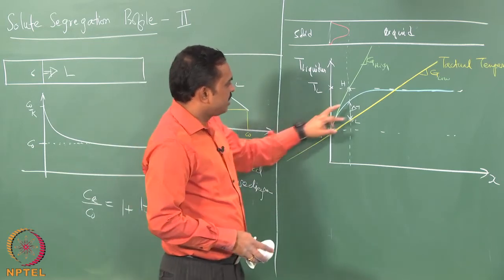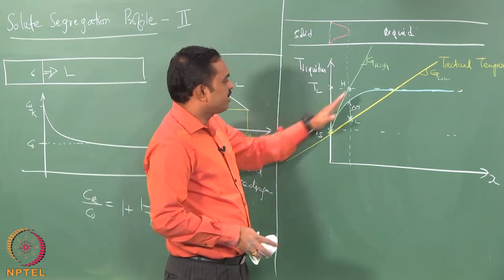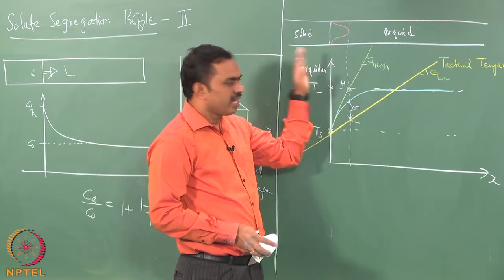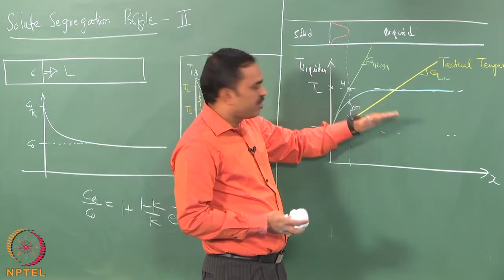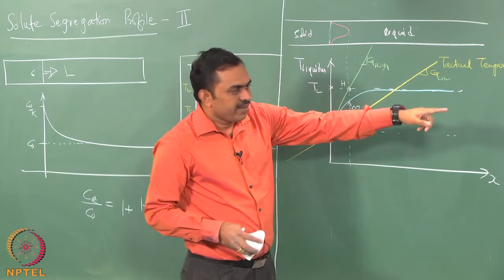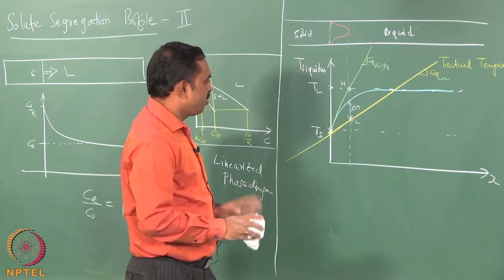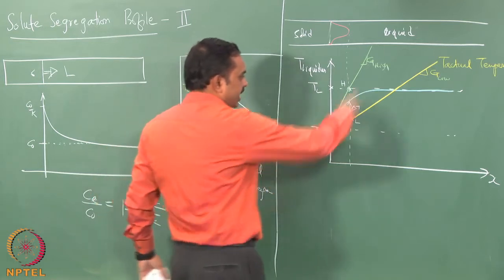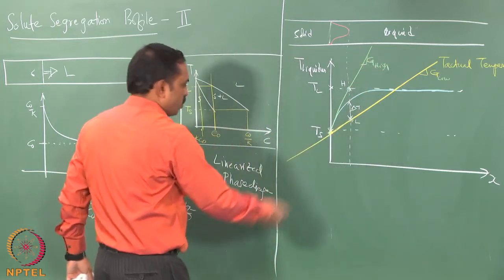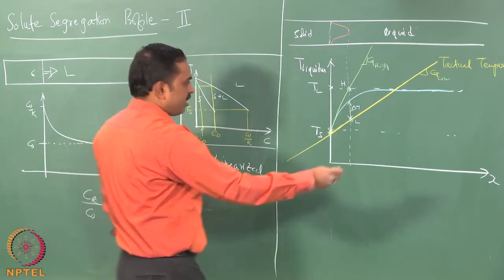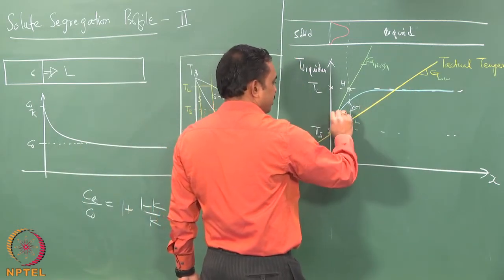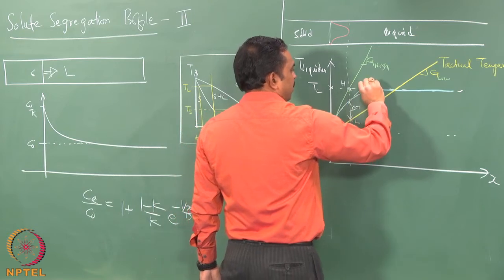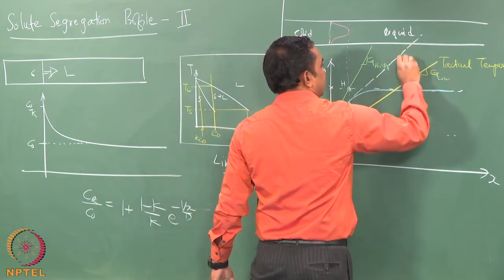Now, what governs this delta T and how can we see that changeover? Okay. The applied temperature gradient, is it good enough to give you the equiaxed microstructure or not? That can be known by seeing with respect to the tangent where we are. Okay. So, I would just draw the tangent in a dotted line. If this was a solute segregation profile, we can draw a tangent. This is a tangent,